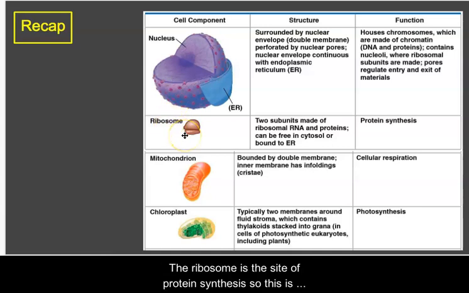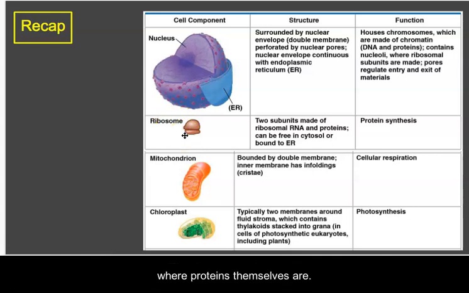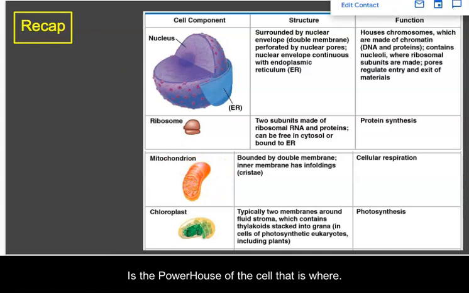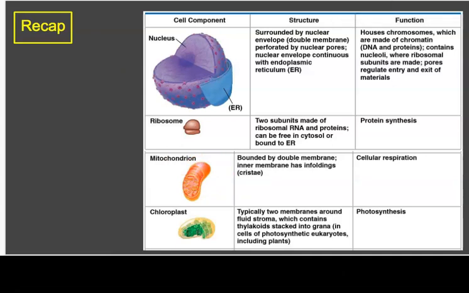The ribosome is the site of protein synthesis. So this is where proteins themselves are made. Now the mitochondria is the powerhouse of the cell. That is where cellular respiration takes place, or at least most of cellular respiration takes place. And we already learned previously that's where the cell can take things like glucose that we eat and turn it